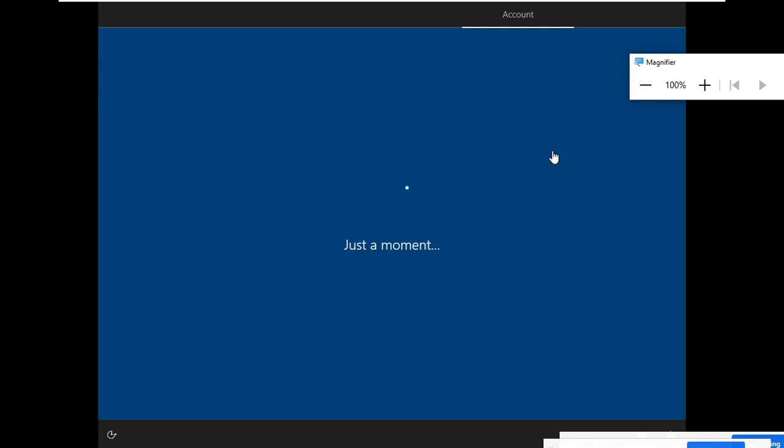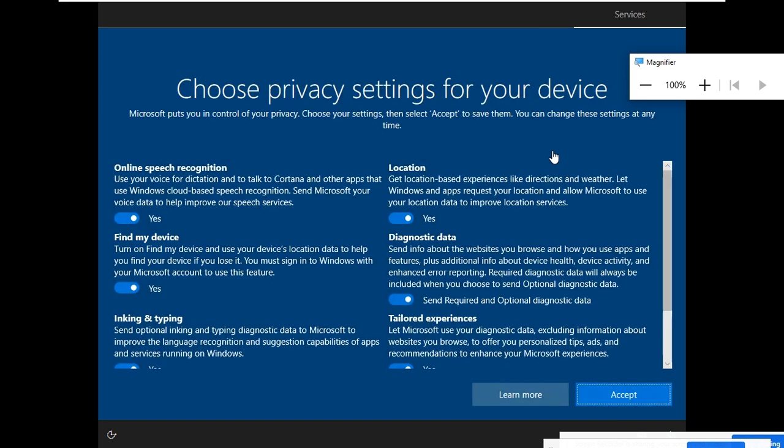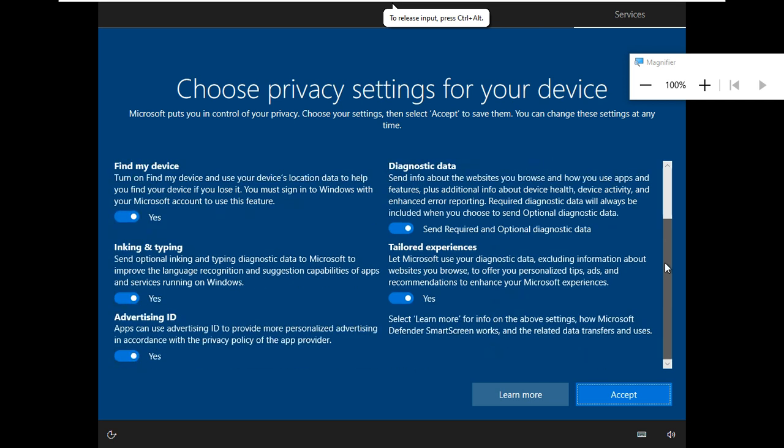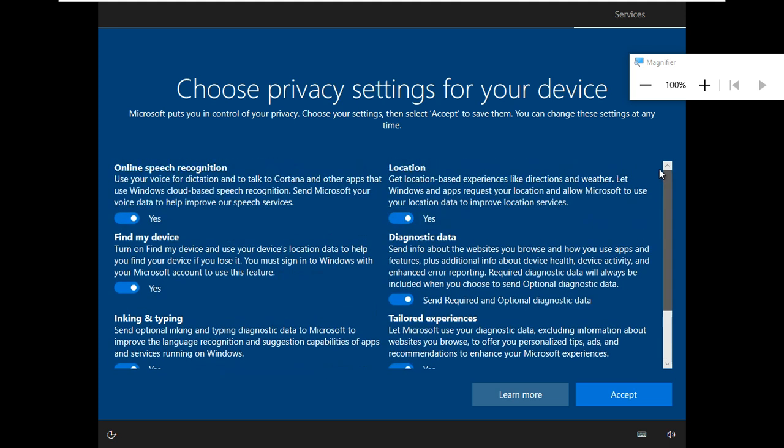Make sure you create the virtual machine properly, step by step. It asks many things like online speech recognition and location. Read them one by one to see what each is, and if you don't want it, you can choose yes or no. If you turn these off, it is better because it won't consume your internet data.